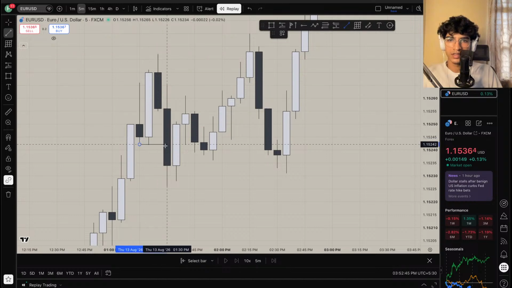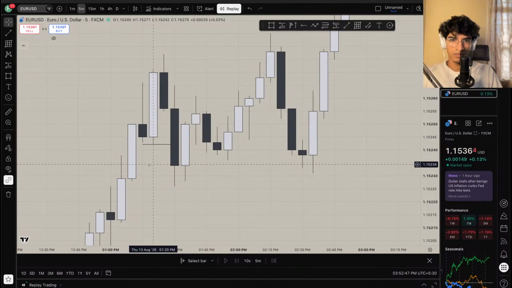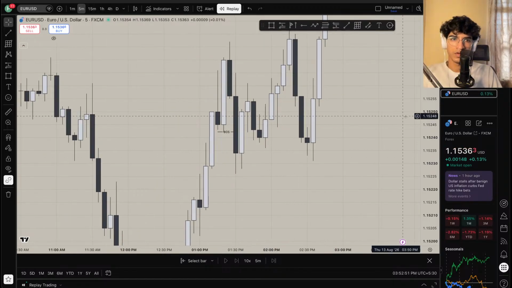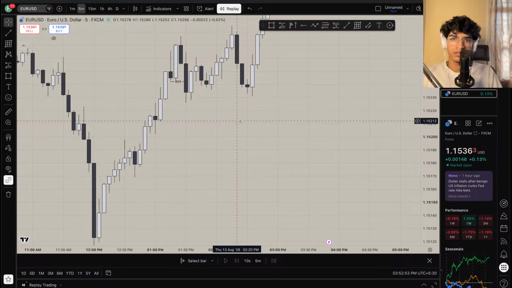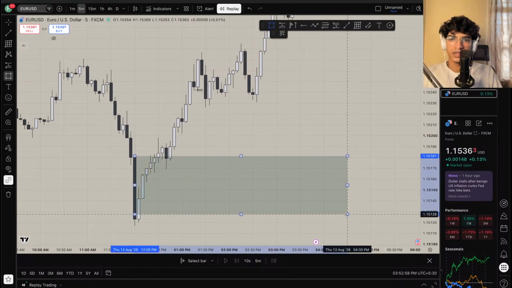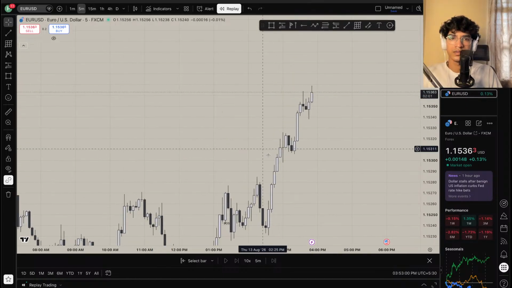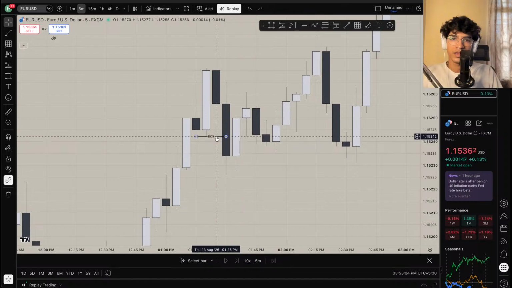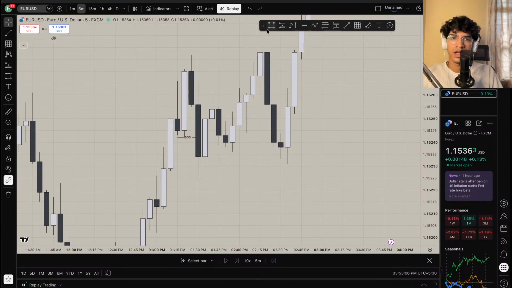Here I considered this low break as a break of structure, this one. Okay, because I was thinking that price has, in higher time frame or in 5 minutes, to come to this order block and then reject so that it can target those fair value gaps I marked a few minutes back. So I was thinking in smaller time frame I consider this as break of structure. Okay, and mark this candle,